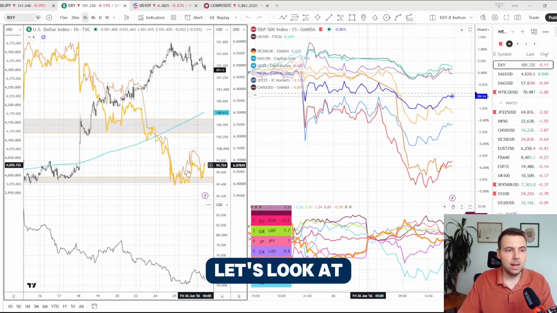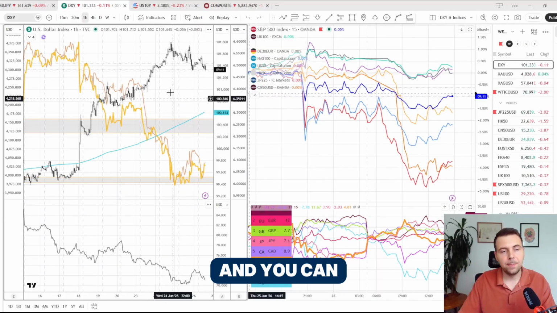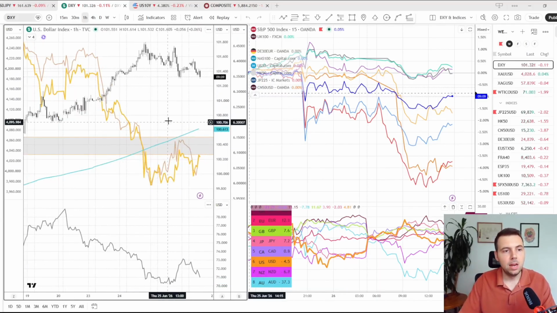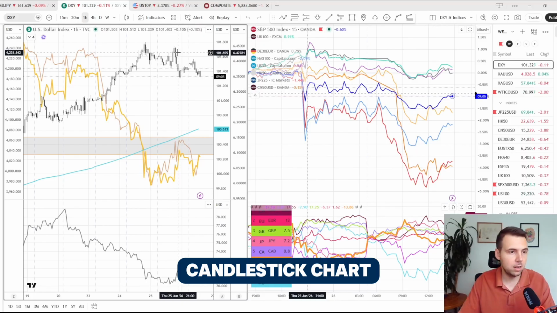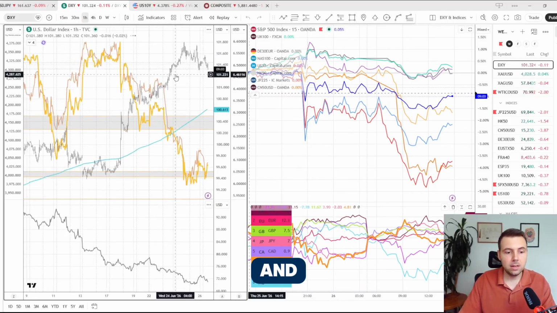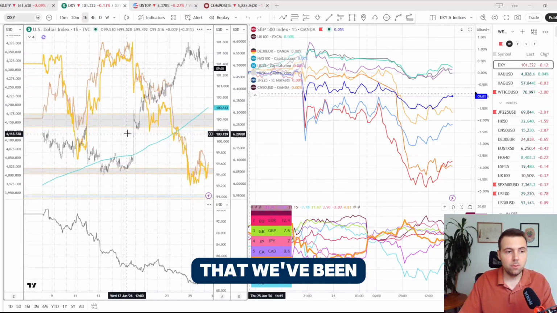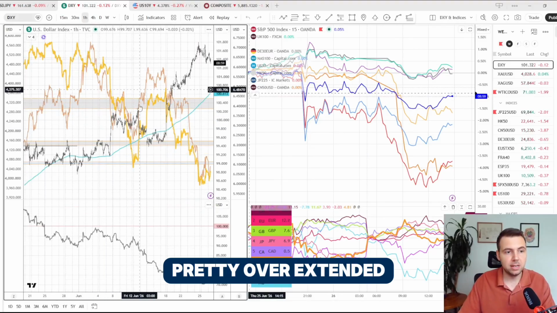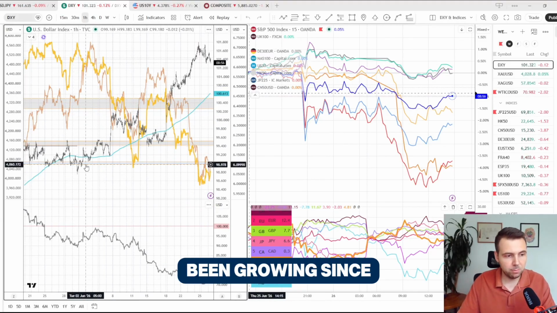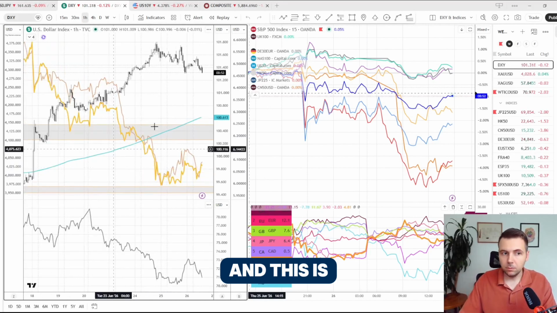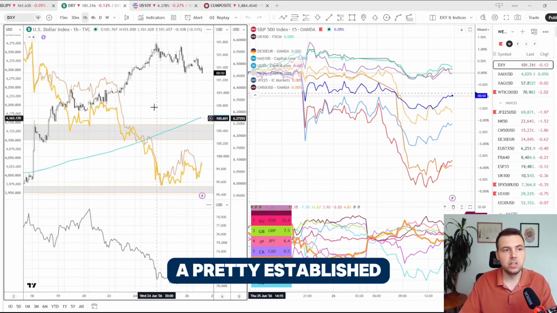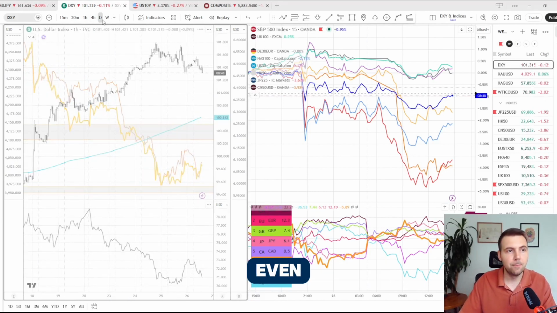So let's look at the dollar first, and you can see it in the left upper corner. This is the DXY index, the candlestick chart. And we can see that we've been pretty overextended. The dollar has been growing since June, and this is a pretty established trend, and we even